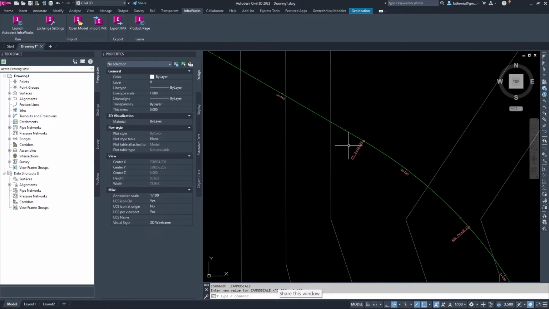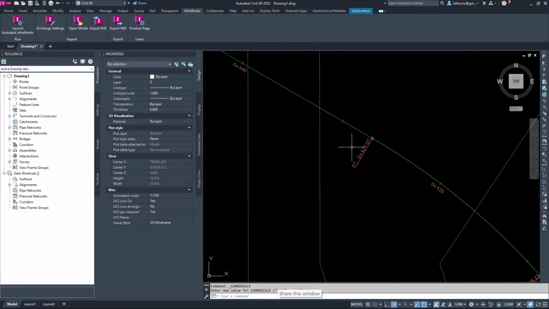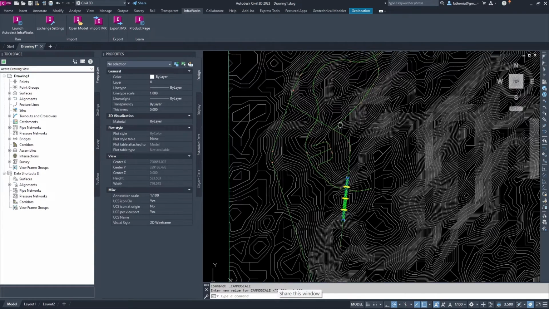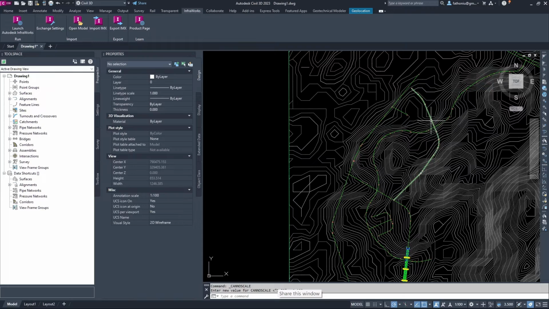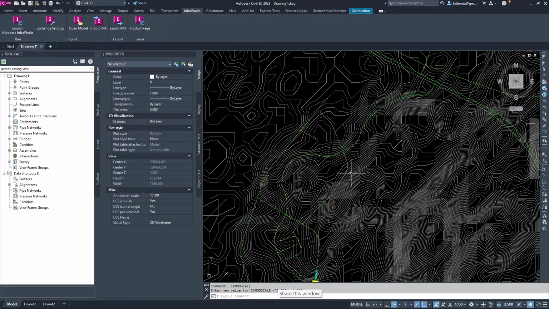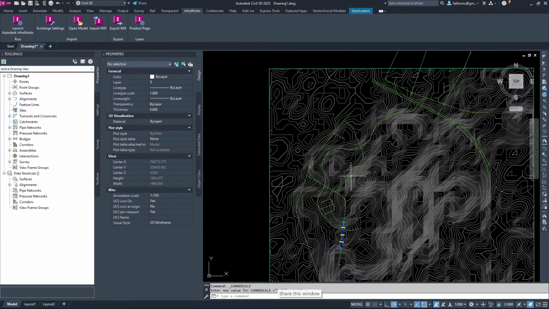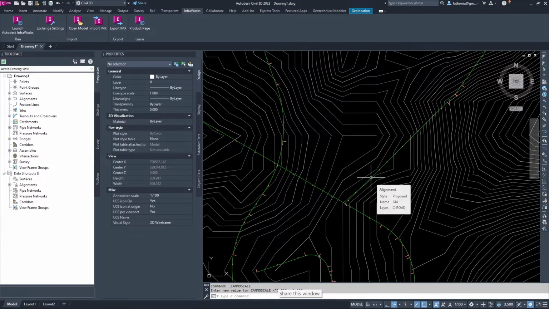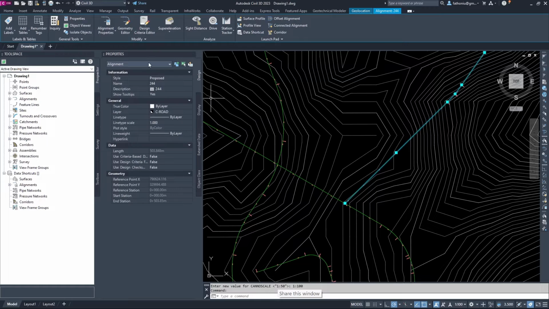So we have the annotation, all the stations we have here, horizontal alignment, and also we have vertical or profile alignment. Okay, so name of road. Once we select any object, the properties will be here. So we have here the style is proposed for road name 244.